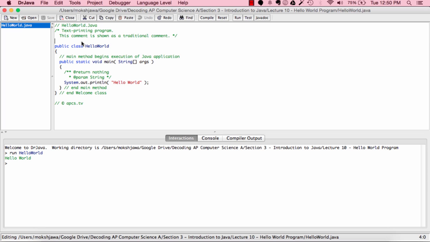and this comment ends on line 3 with another asterisk and a slash. So as you can see, this comment is spanning multiple lines, and if you can read inside of it, it says text printing program, which is a description of our program, and it says this comment is shown as a traditional comment. So as you can tell, this is a traditional comment,